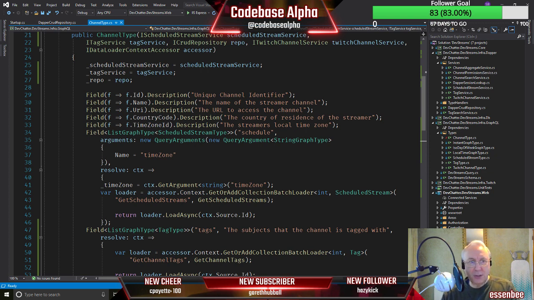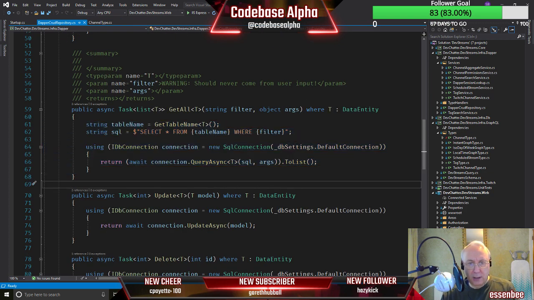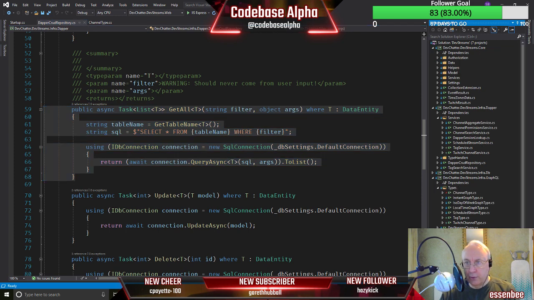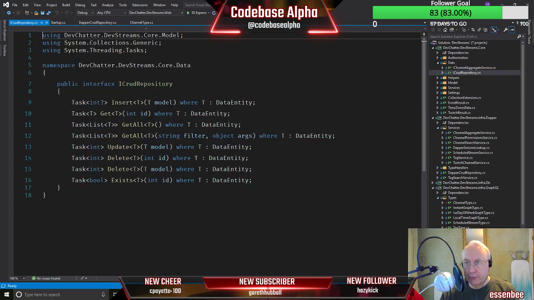So let's just pop over to our Dapper repository, and I saw this, and it made me think that we could use this kind of concept, but we need to add something else. So let's go over to our core project and our data and the CUD repository.